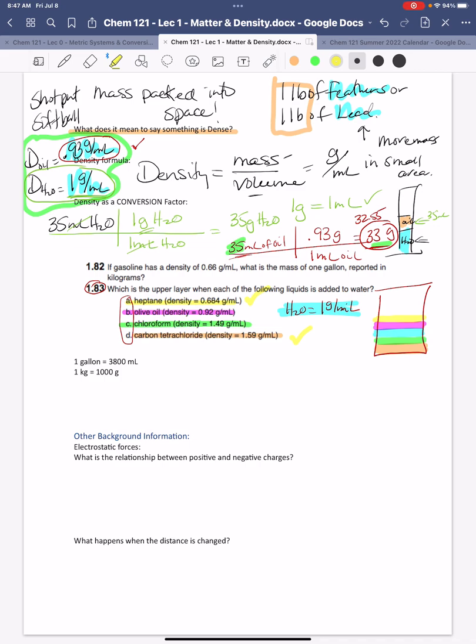Now, I'll just say, as a little teaser for later on, we're going to talk about something called solubility. And so some of these things you'll find will mix with each other, okay? And we'll talk about why or why not. But as you do this experiment in your house as the extra credit, you might find that some of these things will mix. But if you pour very, very carefully, you might get them to separate.